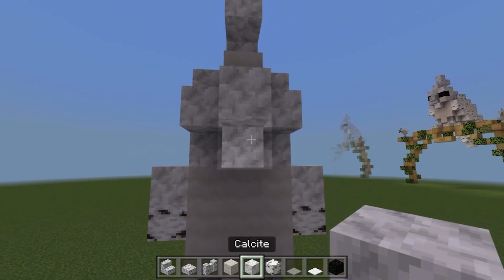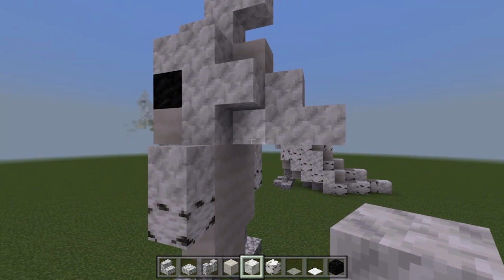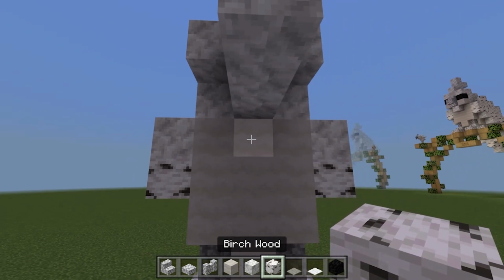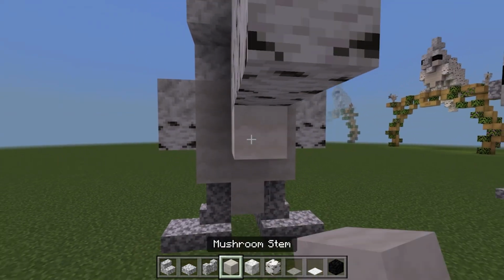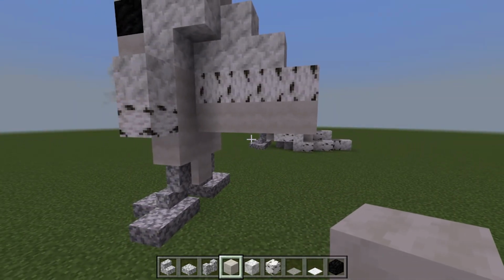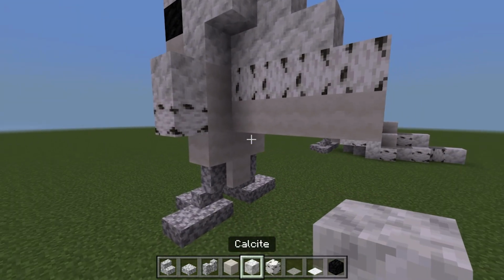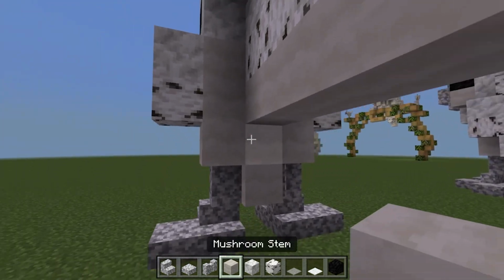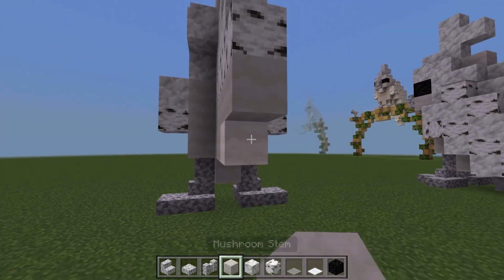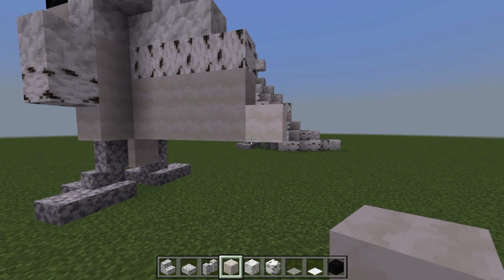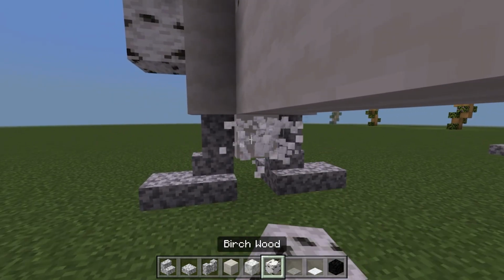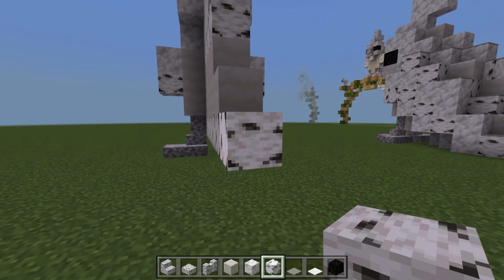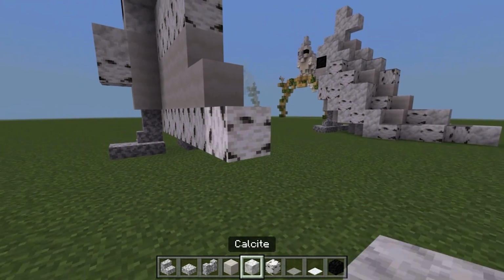Down here we'll go 1, 2, 3 calcites like so. Down here we'll do 1, 2, 3, 4 birchwood, and then 4 mushroom stem. Then we want to go ahead and take ourselves down once more for 1, 2, 3, 4, 5 mushroom stem. And now way down here we're going to do 1, 2, 3, 4, 5, 6 of our birchwood, a calcite